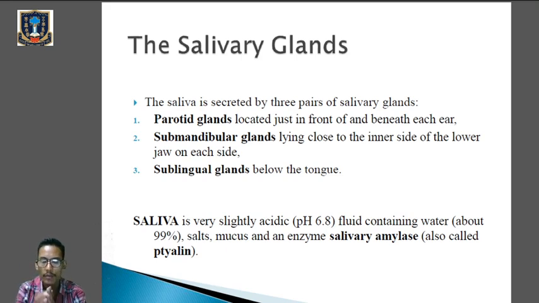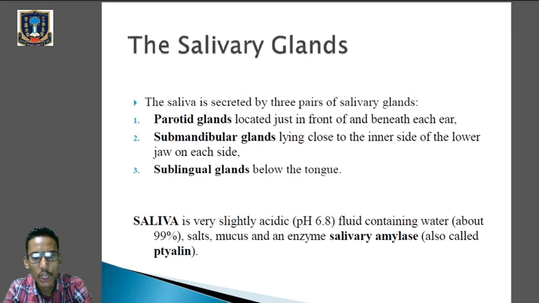So salivary glands will help in the secretion of the saliva, which is slightly acidic with a pH of 6.8, and it contains about 99% water, salt, mucus and enzymes, and it produces an important enzyme that will help in the process of digestion known as salivary amylase or ptyalin. Clear? So saliva is secreted by the three pairs of salivary glands, and those glands are mainly parotid glands, submandibular